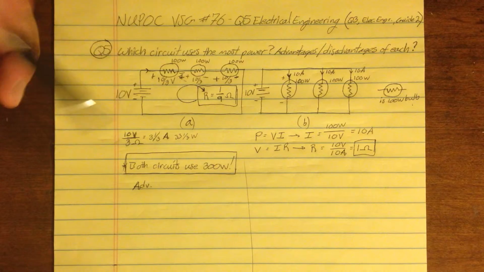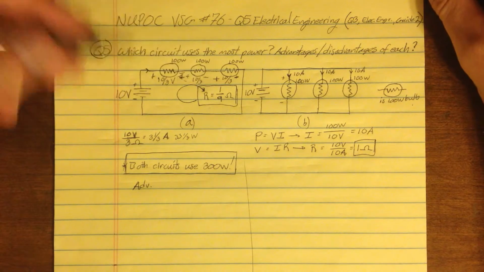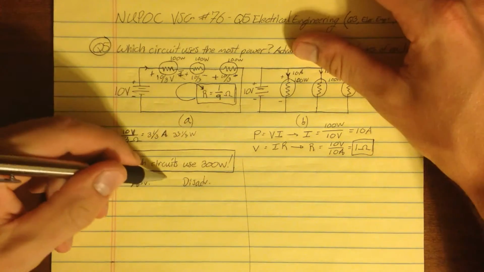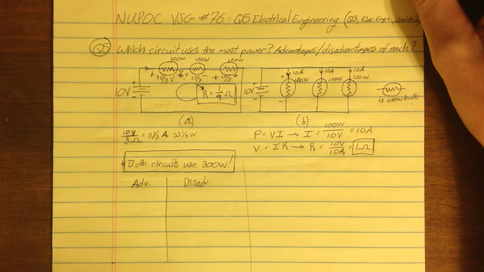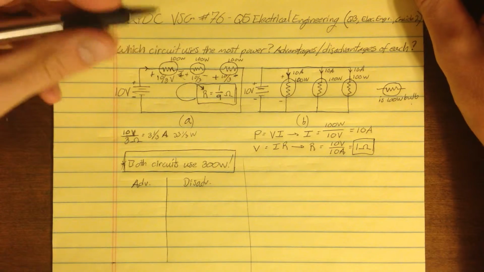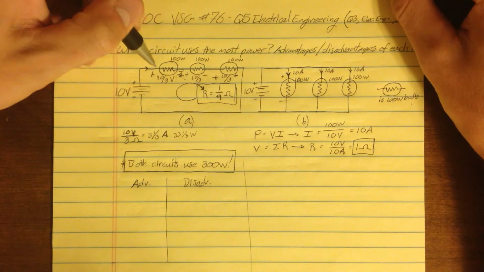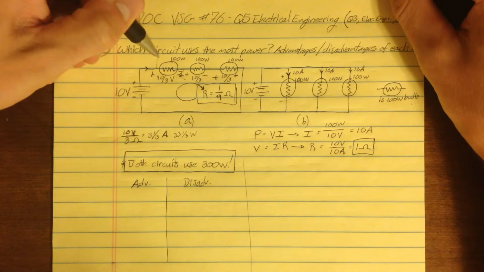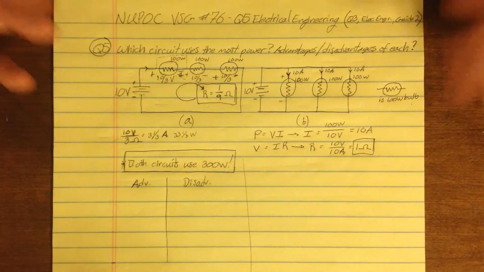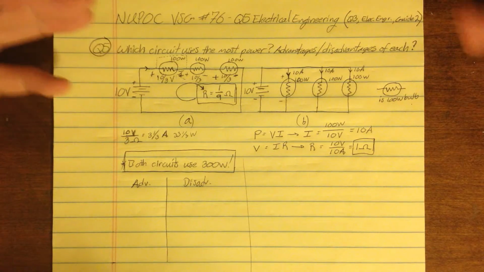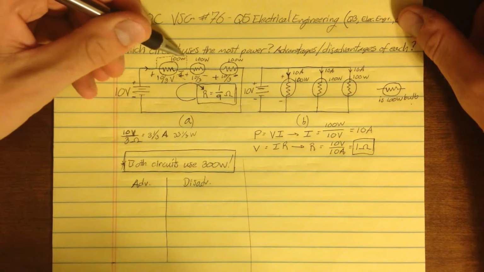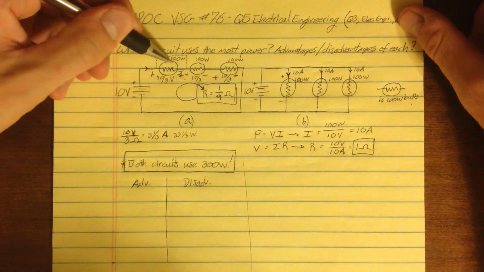So if we look at circuit A, where we have all of the light bulbs wired in series, one advantage is that if a single light bulb fails short, as in if, for example, there's a piece of wire or some stray bit of metal that falls on this wire here and creates a circuit that bypasses this light bulb, we won't